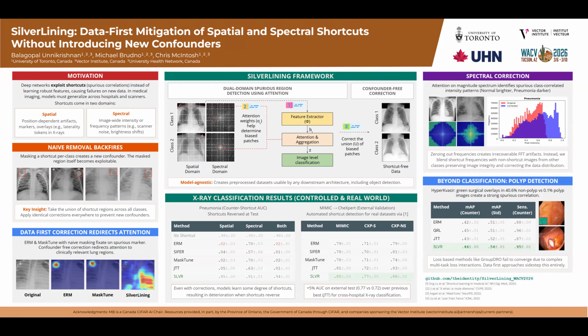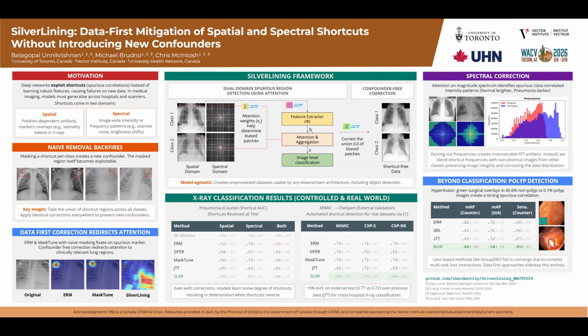I'm Balu, and I'm here to introduce SilverLining. It's a data-first framework for mitigating spatial and spectral shortcuts, and it does so without introducing new confounders. This is a joint work done in collaboration with the University of Toronto, Vector Institute, and the University Health Network